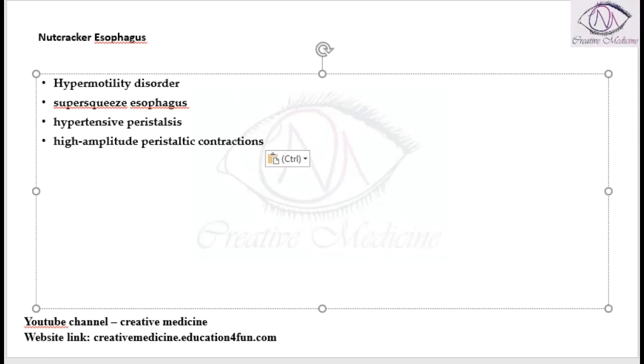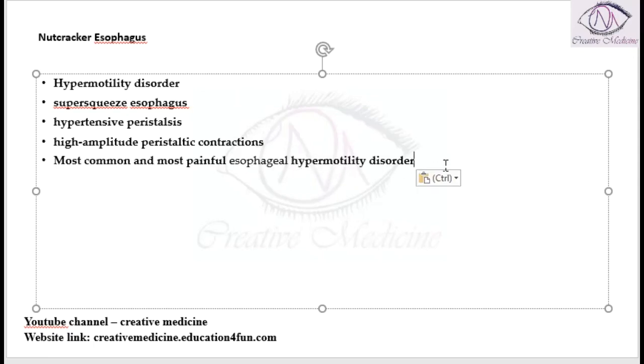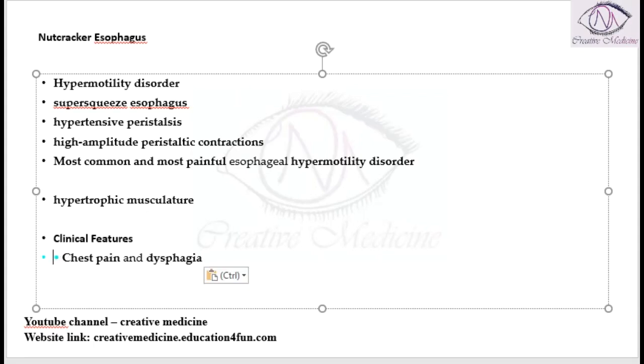One important one-liner: Nutcracker's esophagus is the most common and most painful esophageal hypermotility disorder. Because it is a hypermotility disorder with increased peristalsis and increased amplitude contractions, it is associated with hypertrophic musculature, which is responsible for the high amplitude contractions. Because of this, the patient mainly presents with chest pain, and dysphagia is